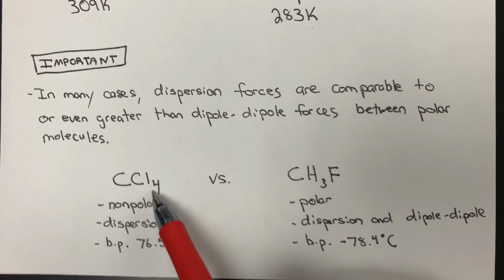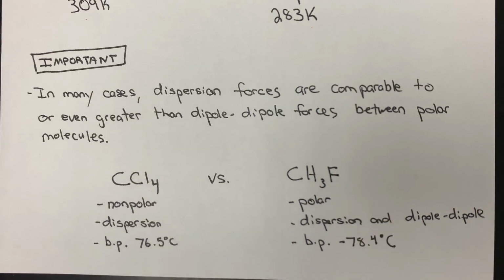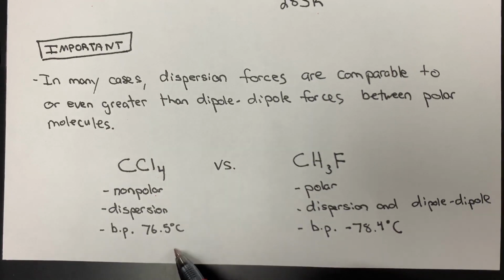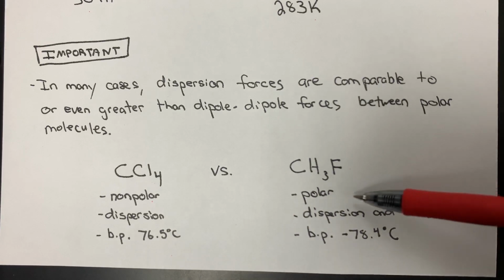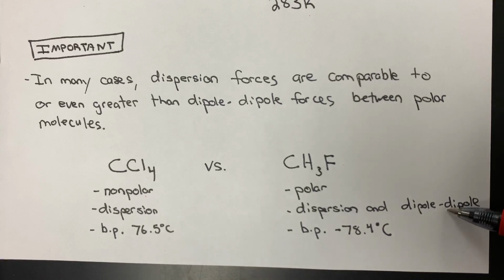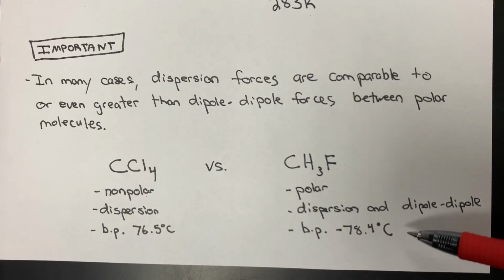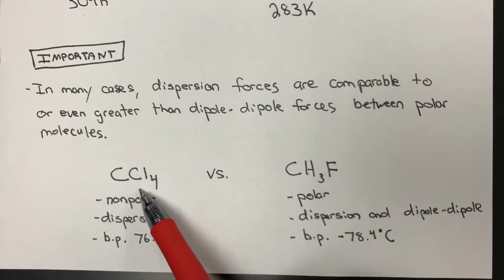So let's say we were to compare tetrachloromethane, CCl4, versus fluoromethane. A nonpolar molecule, so strictly dispersion forces, yet a pretty high boiling point, right? Versus this polar molecule, which we attribute with having these stronger dipole-dipole IMFs, also dispersion forces, actually has a pretty low boiling point. Okay, so what we find is that in the absence of data, maybe we would identify this